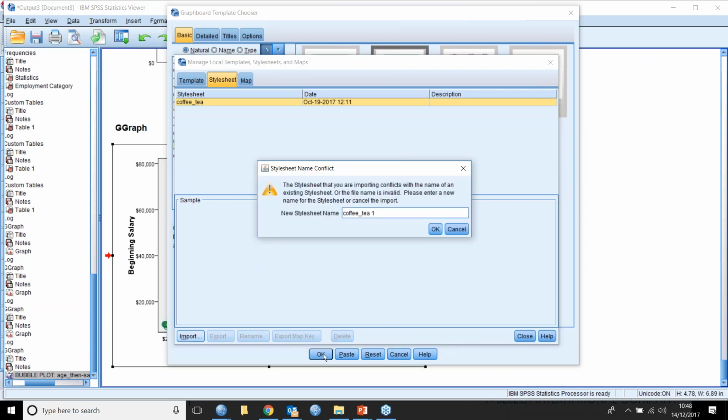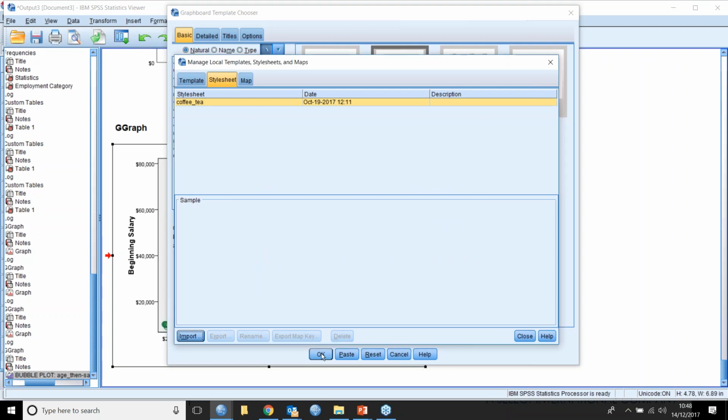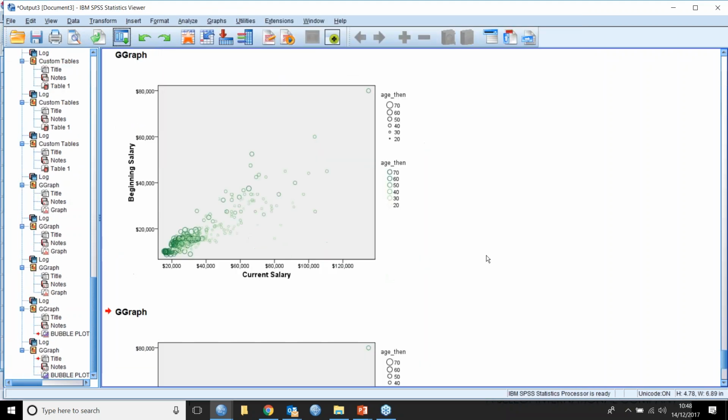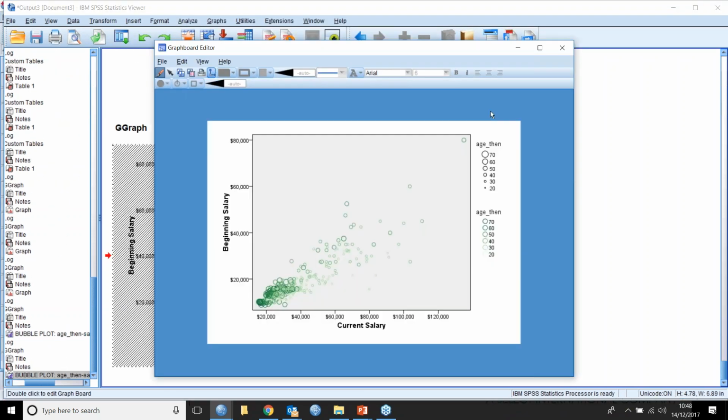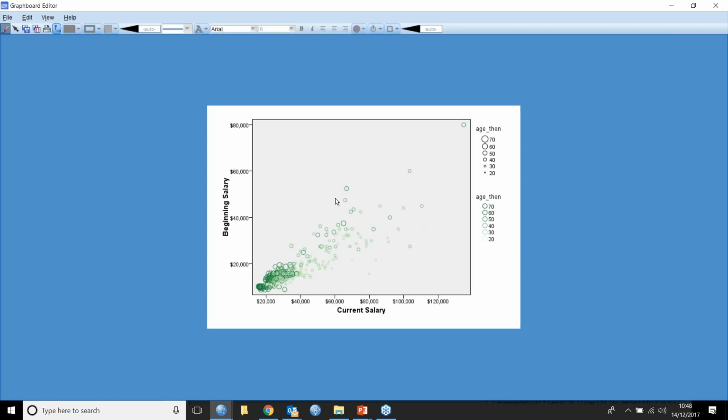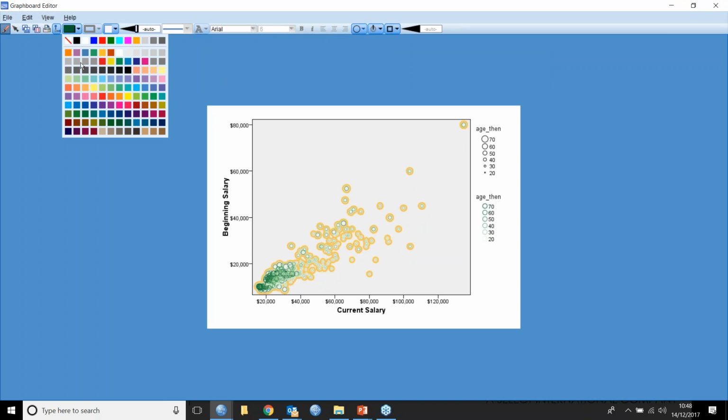Coffee tea style, we'll have that and click OK. Let's see if it makes a difference. Close, click OK. No, it's the same one, sorry. It's obviously the default template we're using. But anyway, look, if I right click on this and change the colors, you can get some quite nice